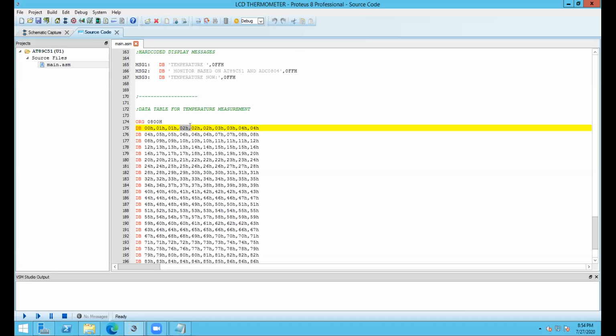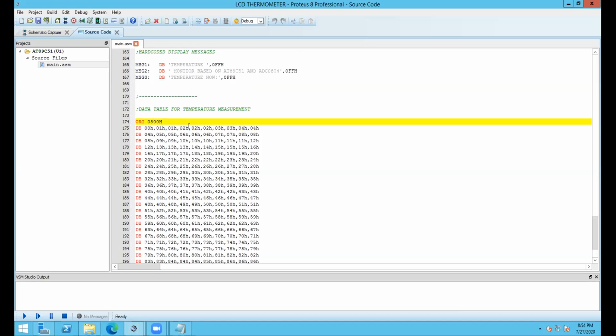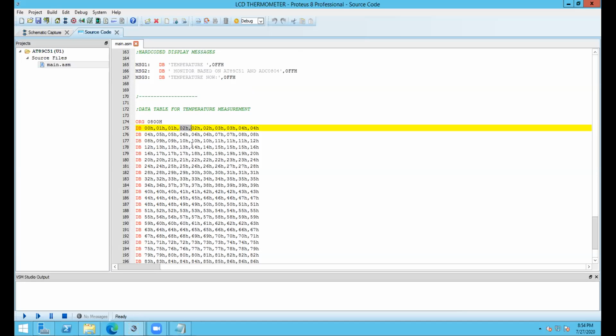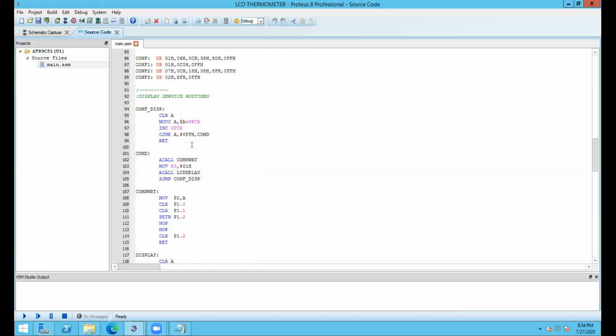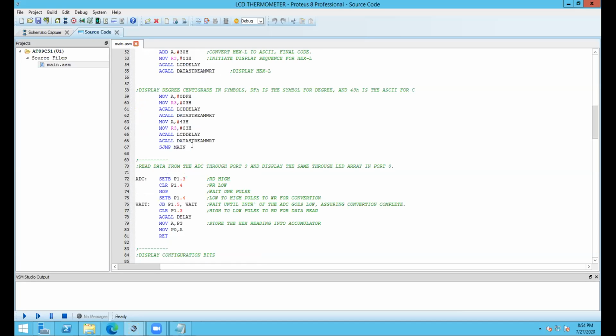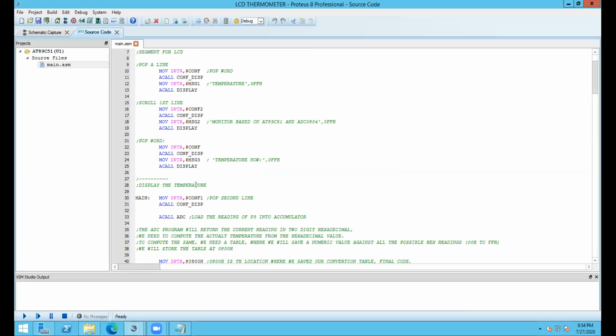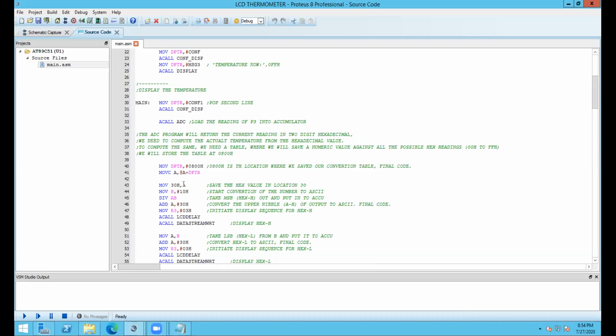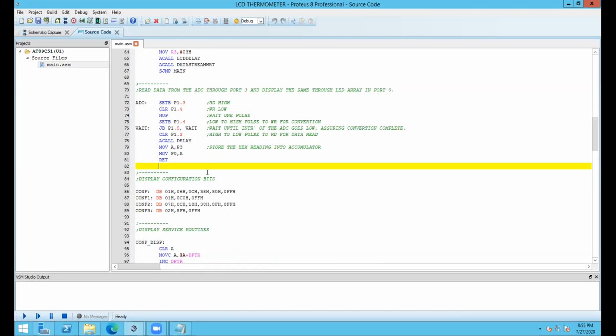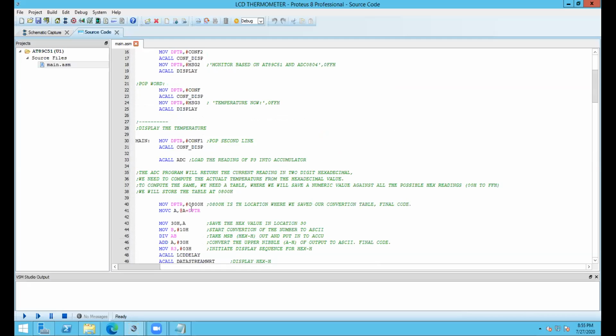So for 0803 hex, we have this value right now loaded in the data pointer and loaded in the accumulator. So once this part is called, in the accumulator we have 03 hex, and now we are just pushing that 03 hex into a location just to save it for the time being.